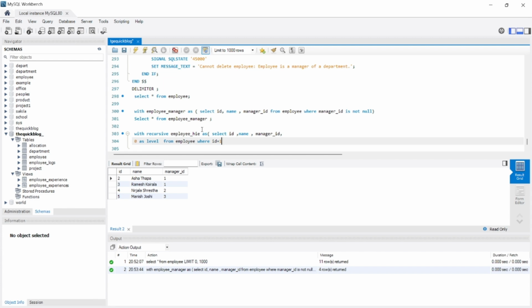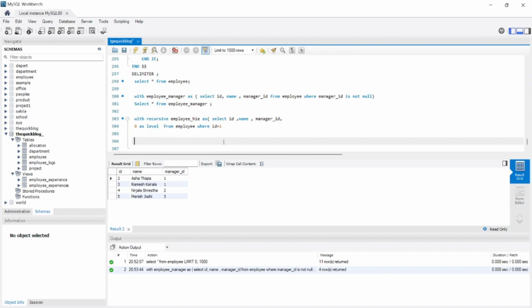And then after this, level 0 is assigned to the employee having ID 1. That means the hierarchy will start from employee 1. Employee 1 will have the highest hierarchy among all the other employees. Suppose ID 1 is the CEO of the company, and then we will union it